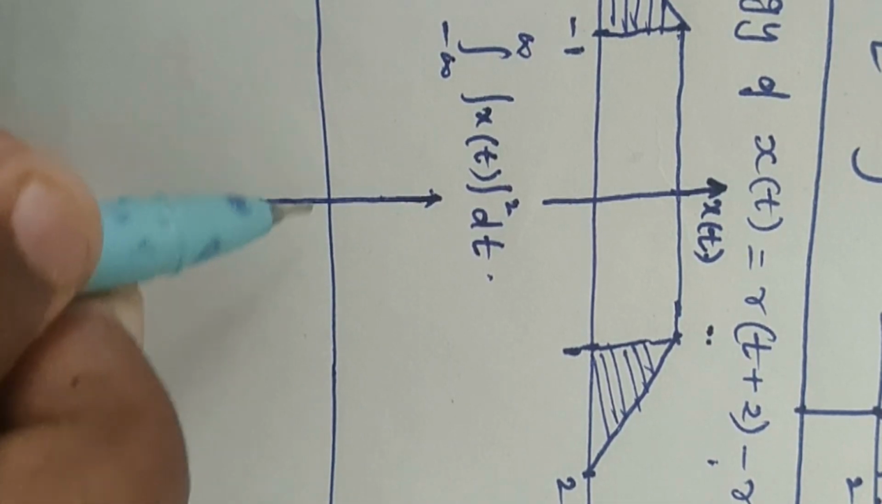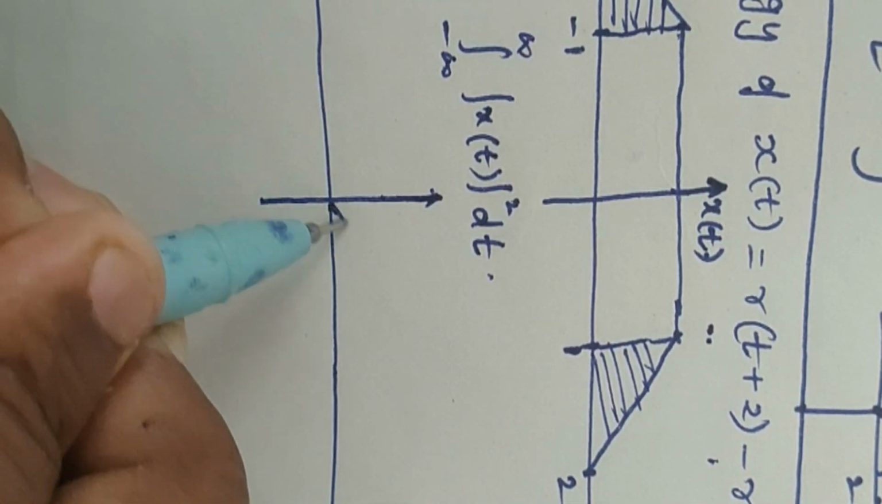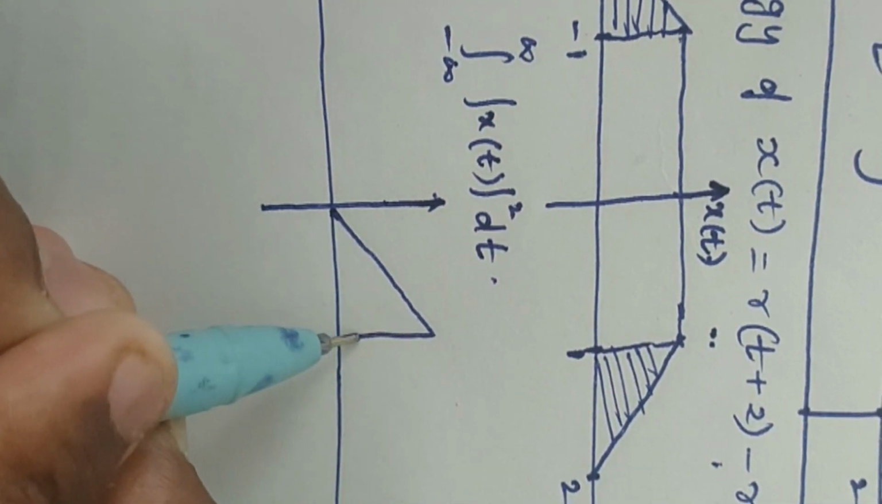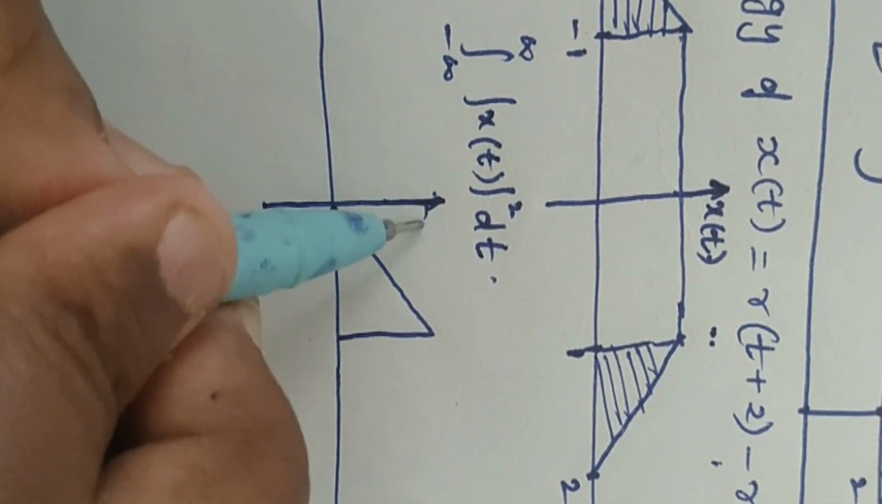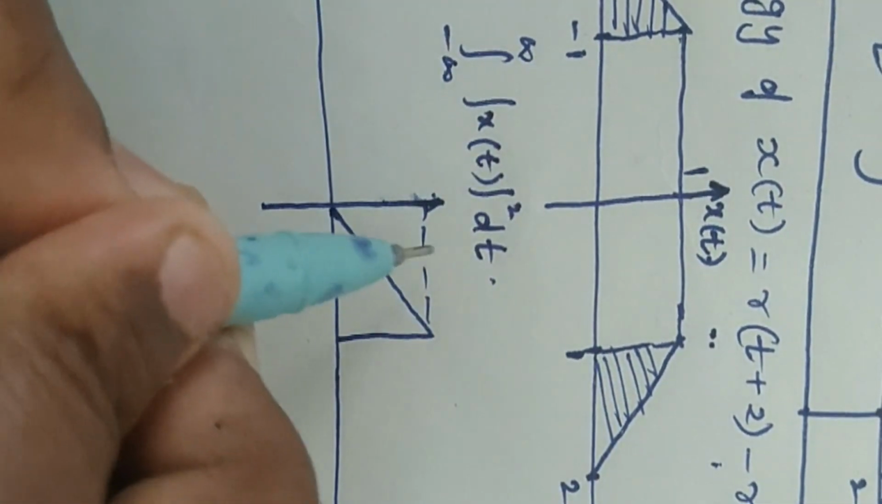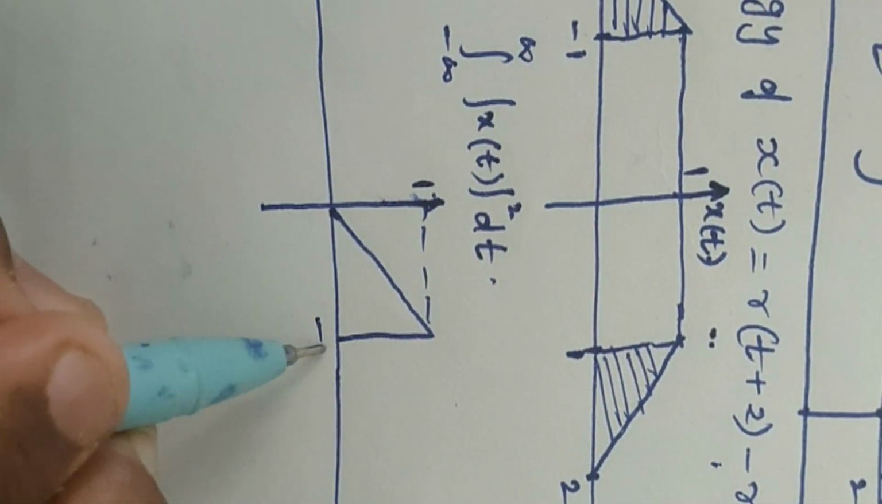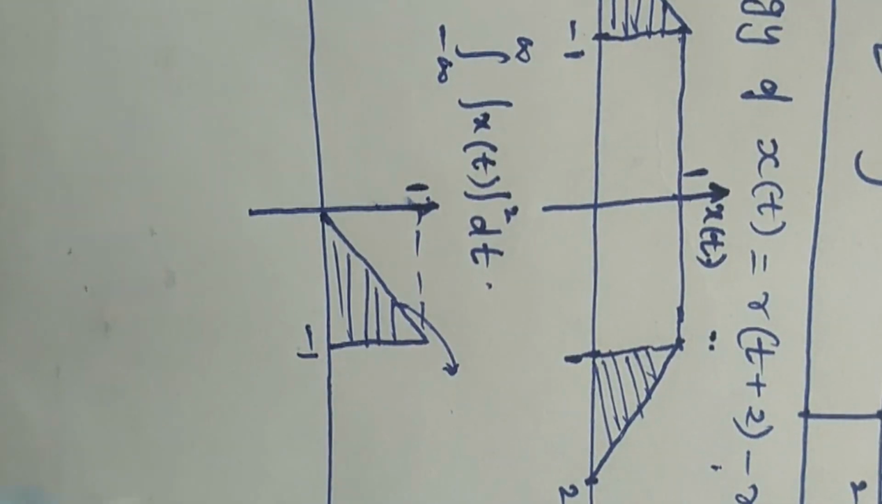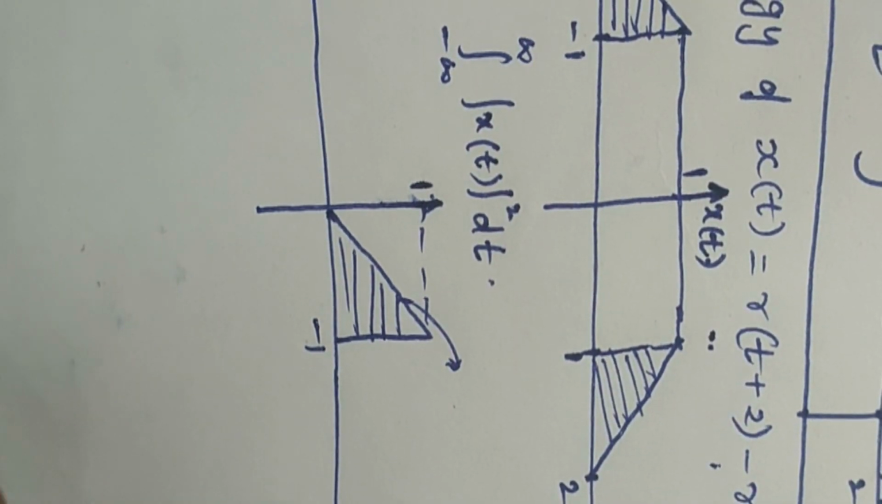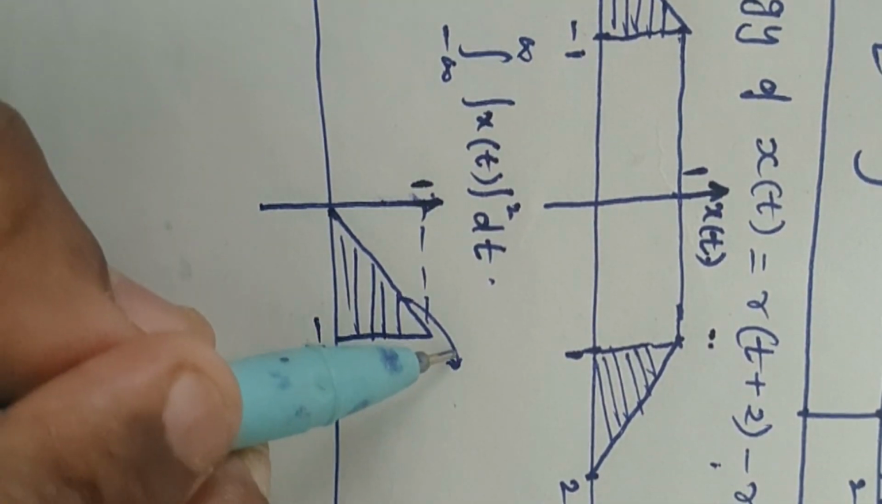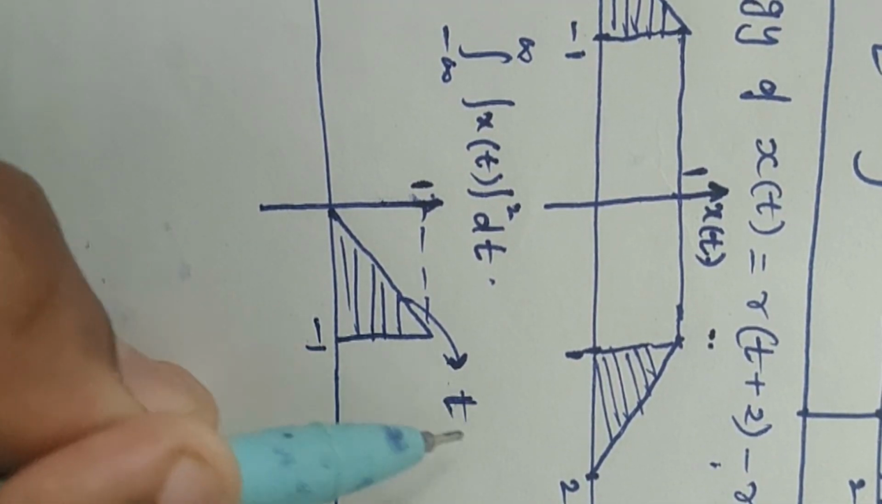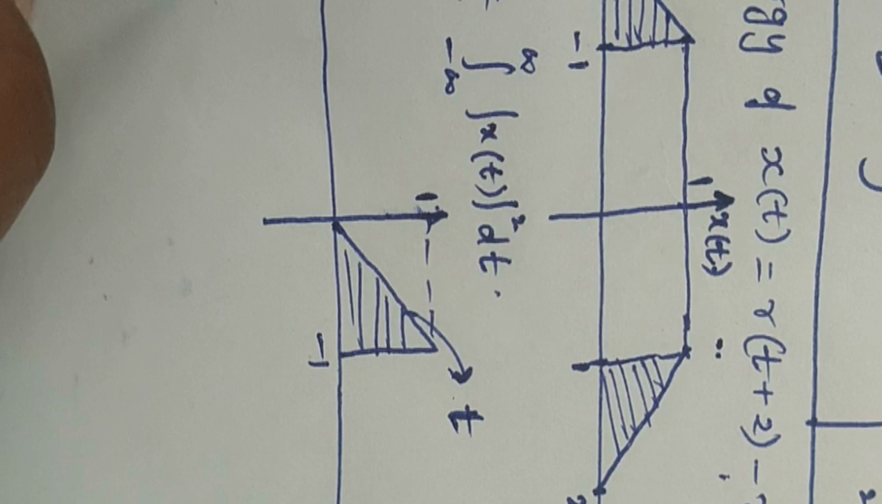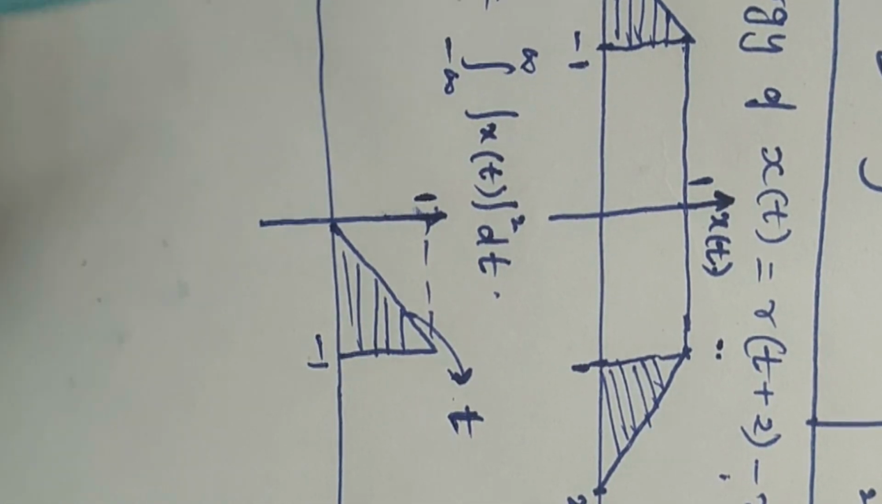So you will get it like this. This amplitude is 1, this amplitude is 1, and this is 1. This is the time period. Here you will get the slope as t. Now energy can be written as